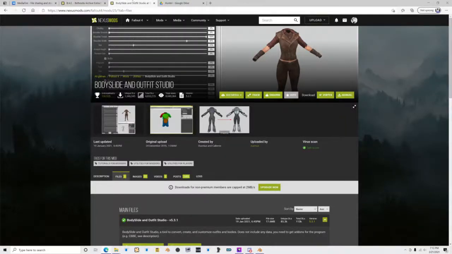Now we're onto the weighing stage. So what we'll need for this next step is going to be BodySlide and Outfit Studio, which you can find on the Nexus page of Nexus Mods under the Fallout 4 section. Sometimes it'll be under Skyrim or Skyrim Special Edition. It doesn't really matter. You're just going to need that. So you're going to download it, and